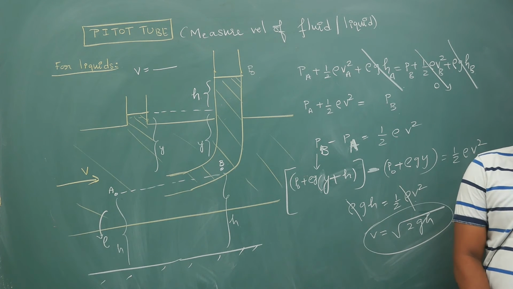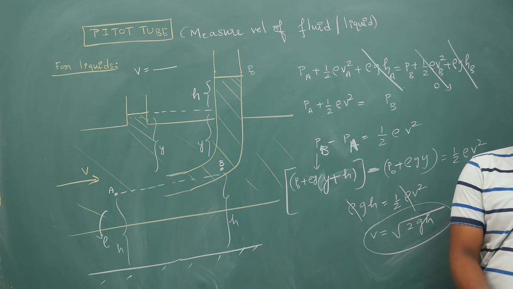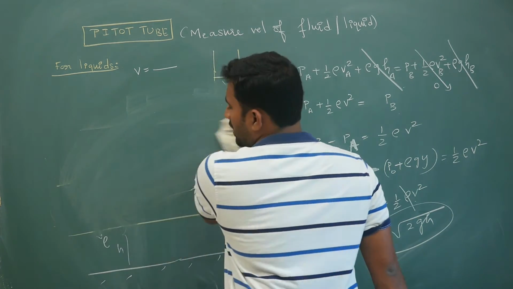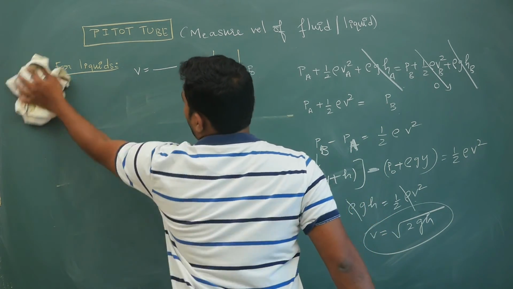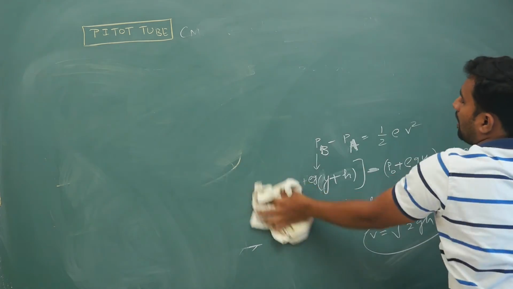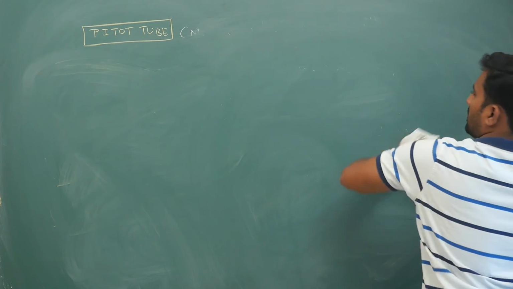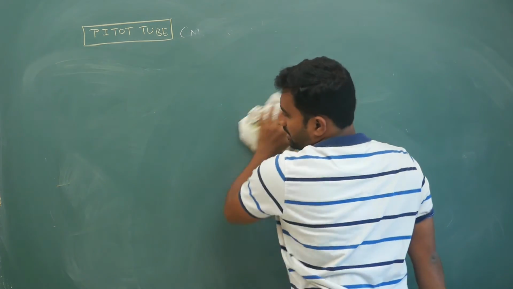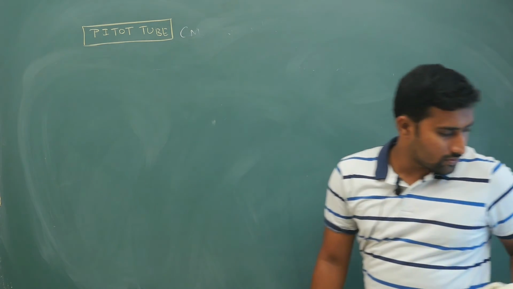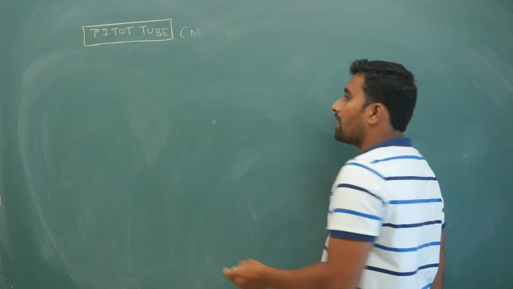Next, for gases also we will try to calculate. In the aeroplane, exactly how will you calculate the altitude and your velocity, everything? You can calculate it using this pitot tube also. So I will tell you what that is. Your second type of pitot tube that you are going to have is,